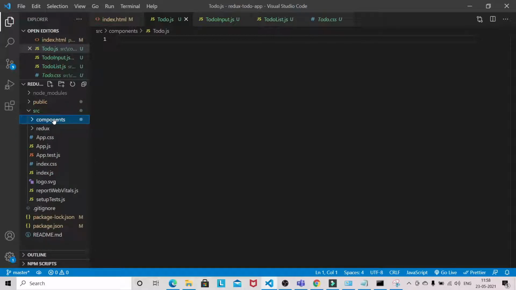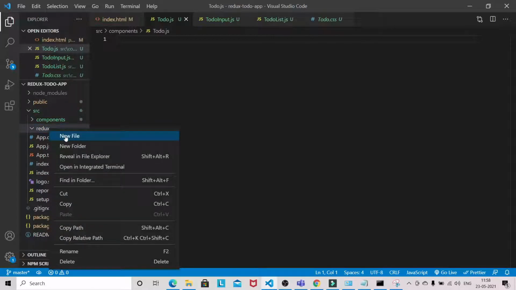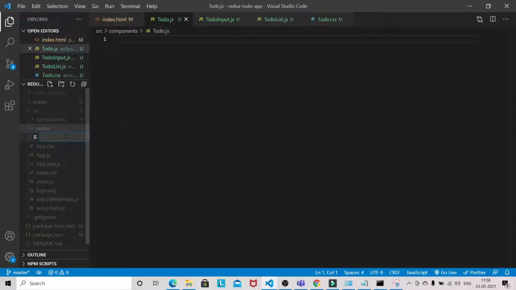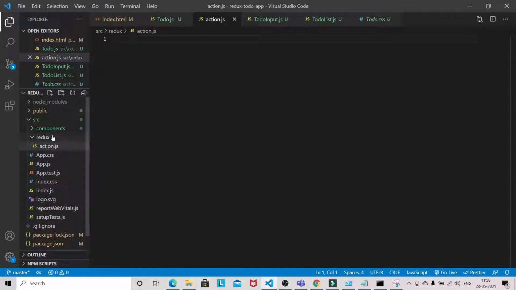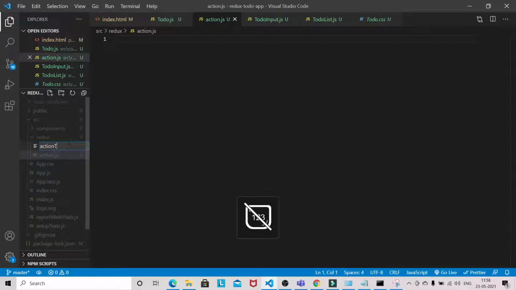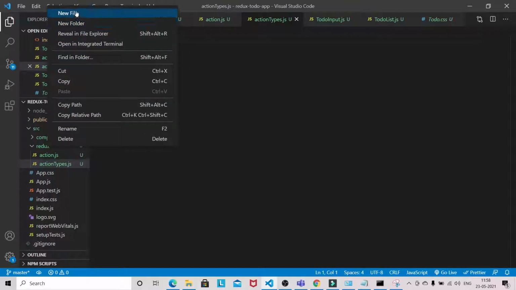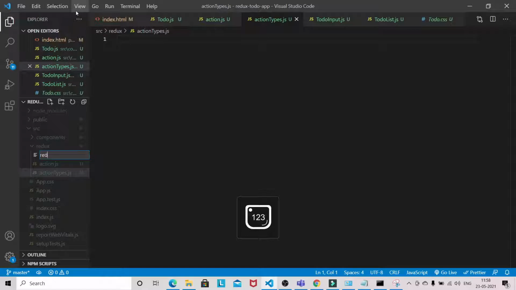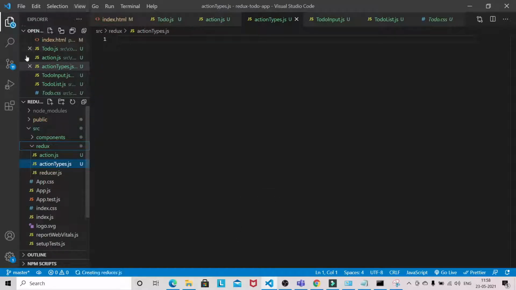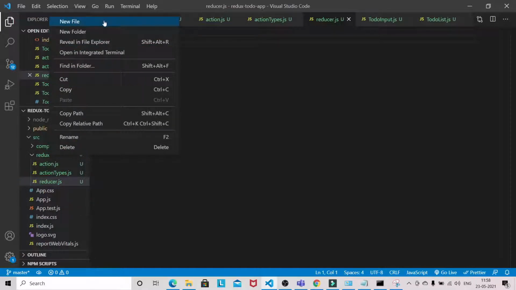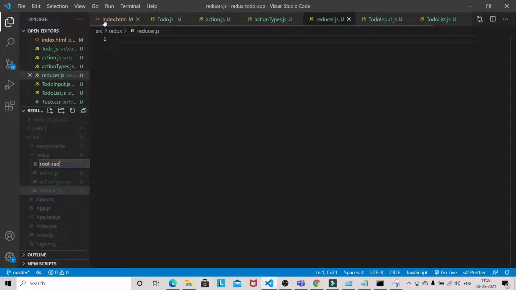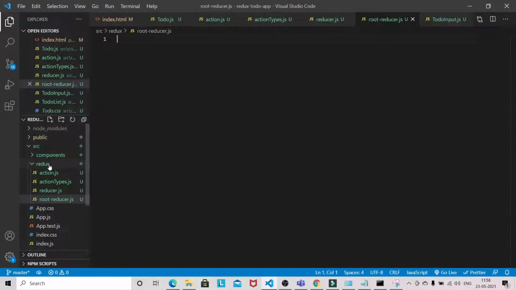So first we will set up our Redux. In Redux we need an action file, we need action types, we need a reducer, we need a root reducer, and the last is the store.